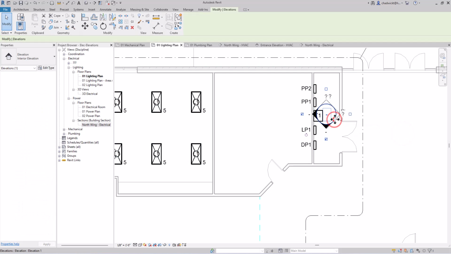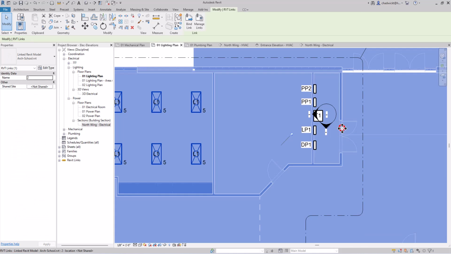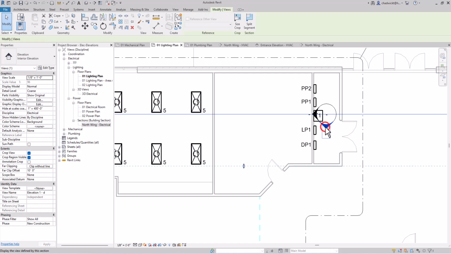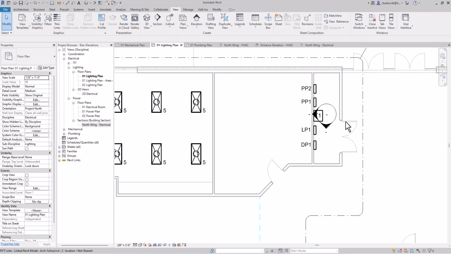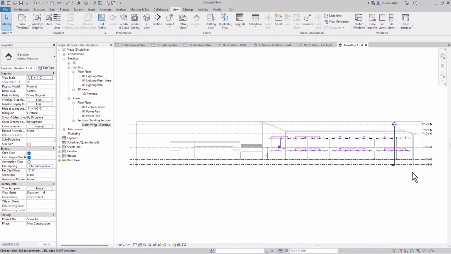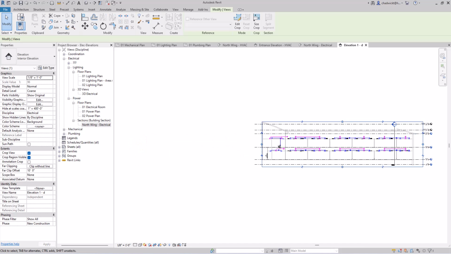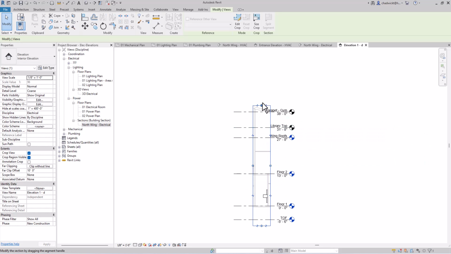I can also drag this out as needed to try to get it to fit better, but it's pretty tight in there regardless. If you look at the black arrows themselves, by selecting them, I can see where the cut is taking place. So I can adjust those here, or I can adjust them in their views. I'm going to go ahead and adjust them in their views. So I'll double click on the view to go to that particular elevation, and then I can do some dragging of my grips until I'm showing just the room that I'm dealing with.